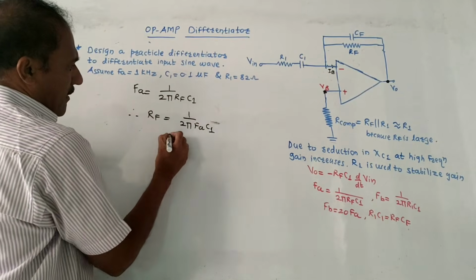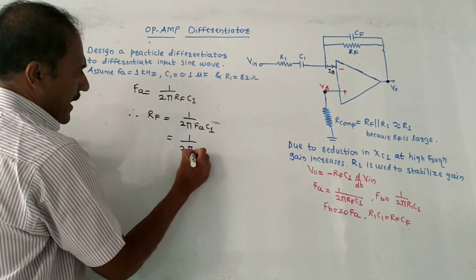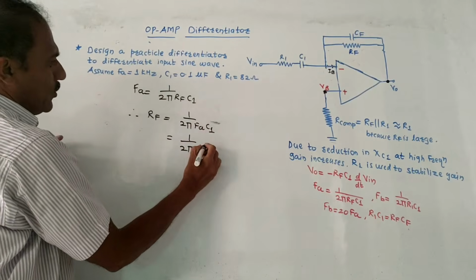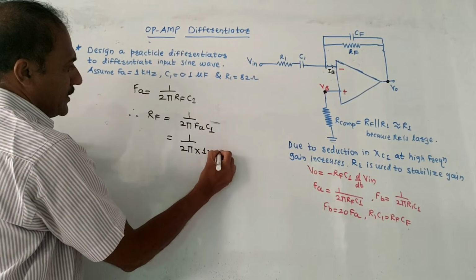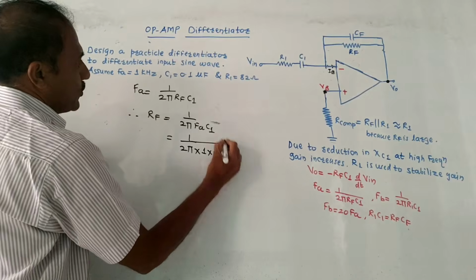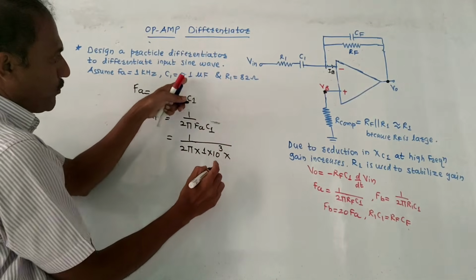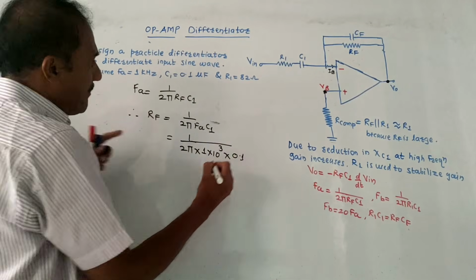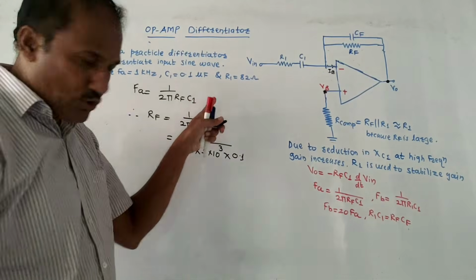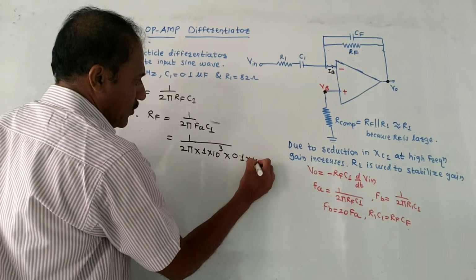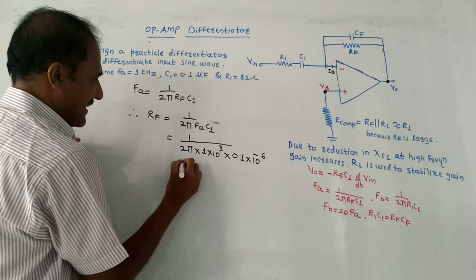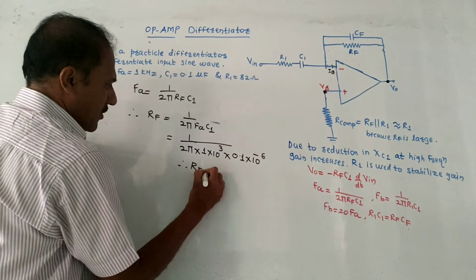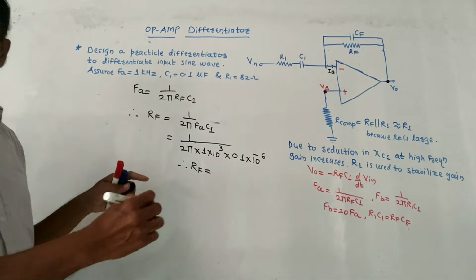It is 1 by 2 pi. The given value of FA is 1 kilohertz, that is 1 into 10 raised to 3 hertz, into C1. The given value of C1 is 0.1 microfarad. Remember, microfarad means 10 raised to minus 6. So it is 0.1 into 10 raised to minus 6. If you solve this on the calculator, then the value of RF is